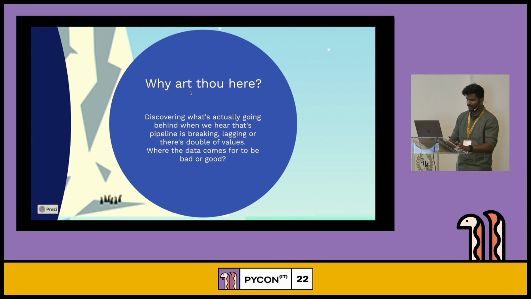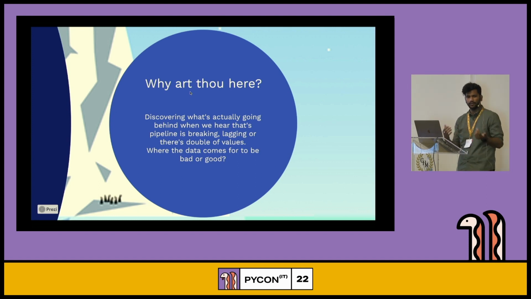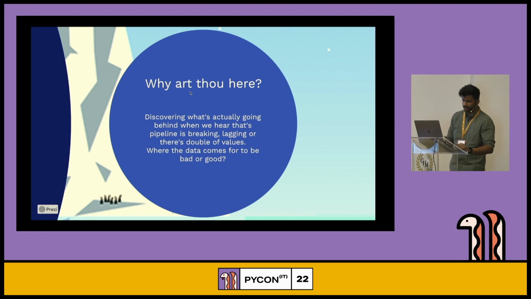Okay, why are we here? Basically, we would be discovering throughout this talk, with the help of demos and everything, how ETL is evolving, what different types of ETL exist, and why, and what the entire infrastructure is evolving into. That is one thing that we would be discussing here. And at the end, I would be giving some tips for people who want to get into data engineering. Quite a new field, but I think it's catching up a lot. I think it's becoming the new data science of the Python ecosystem.